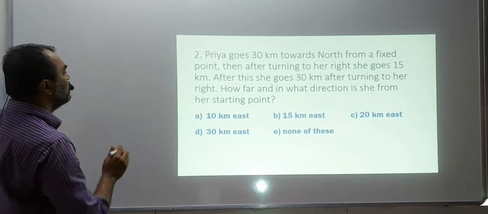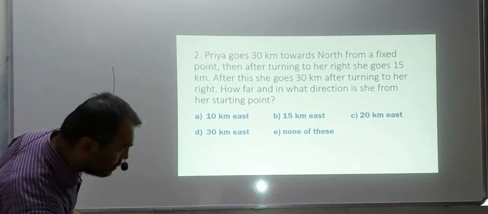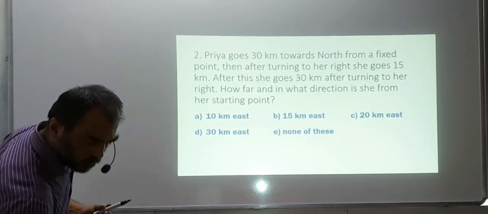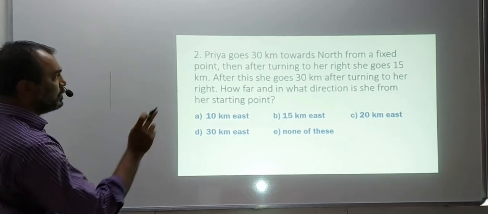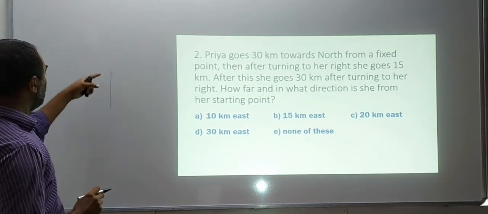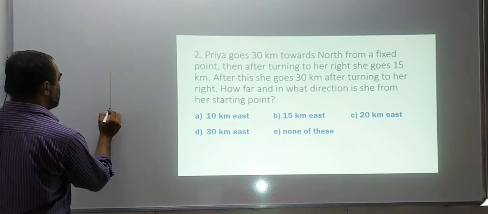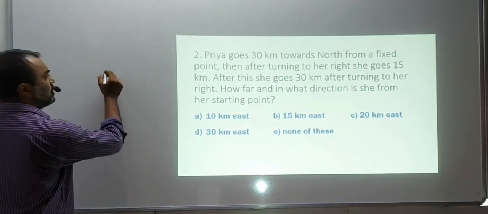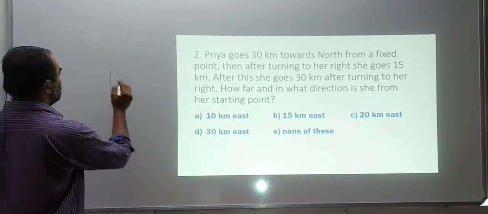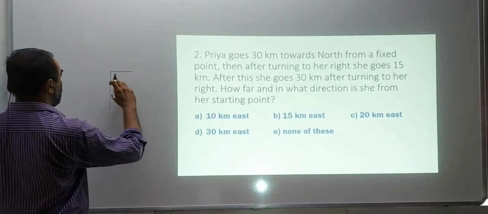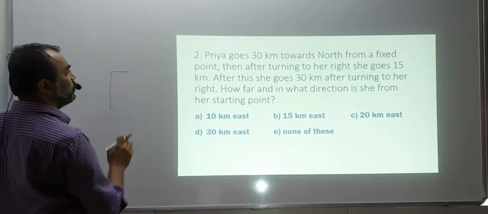So whenever you draw a line, suppose you say you are indicating 30 by this long line. Okay, such a long line. So I have got 30 straight line like this. Then the half of it should be 15. So you can take whatever long line you want. This is just for approximation purposes. But 30 kilometers she goes northwards. So from here she starts 30 northward. Then turning to her right. So when she is going north, this is the right. She goes 15 kilometers. So what I have done, I have tried to put half the length of this, to show 15.